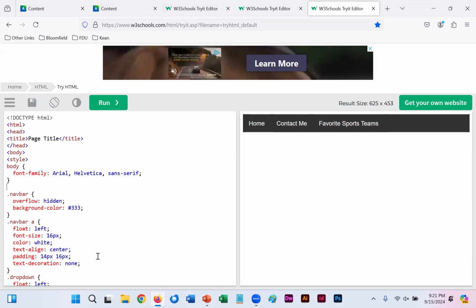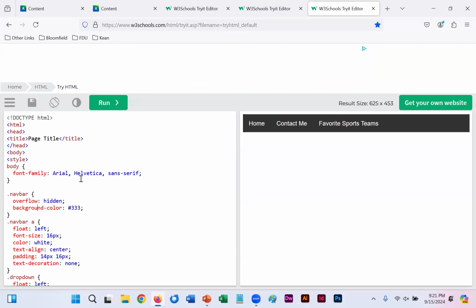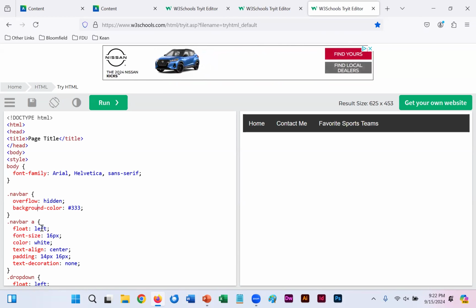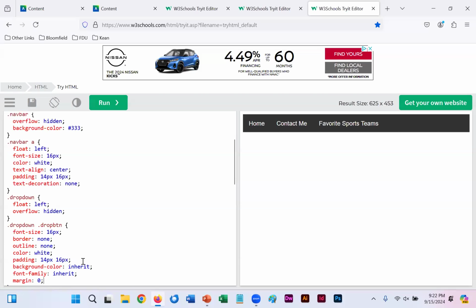So what do we do here? Well, our .navbar sets up our class navbar, which is simply an abbreviation for navigation bar. So we set that background color like we have here. We aligned all our text to the left with font size 16 pixels, but then centered our text and put padding in between. Then we have our .dropdown class,